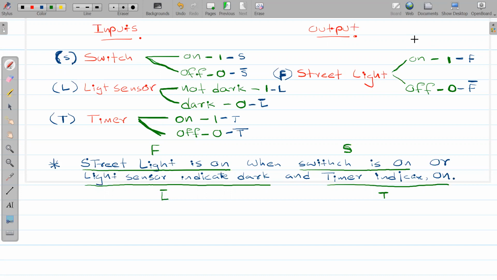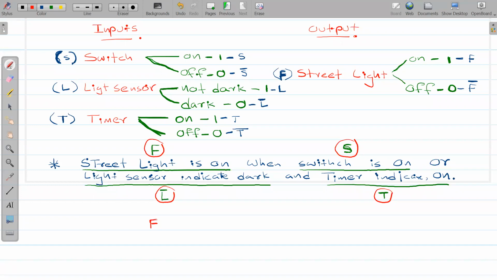Right. So people, are you clear with how I take these things over here? F, S, L bar and T. Yes, everyone, are you clear with how I take the variables regarding the situation? It will be easier for you to write the equation. So now we can write